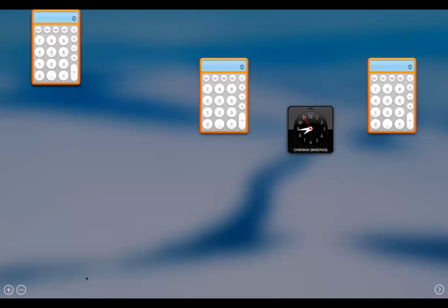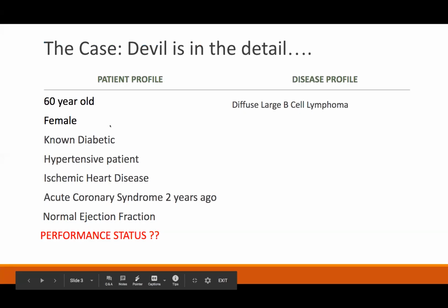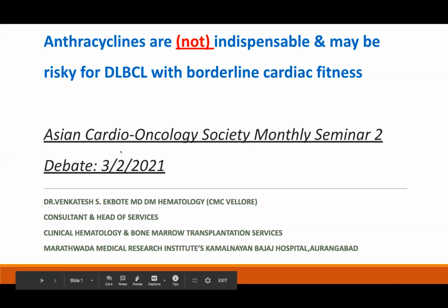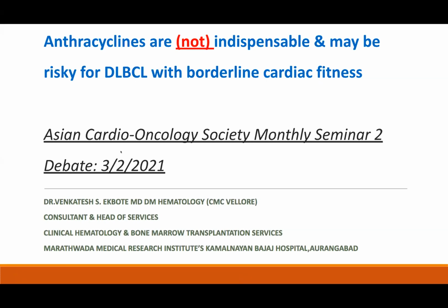Right. So I'm speaking against the motion of Dr. Vishwanath, who has tried to convince you that this is the treatment of choice for our particular patient. He has made very crisp and very good points, and I would like to rebut them. To start with, since we have a point of reference and the patient is in our clinic, let's go